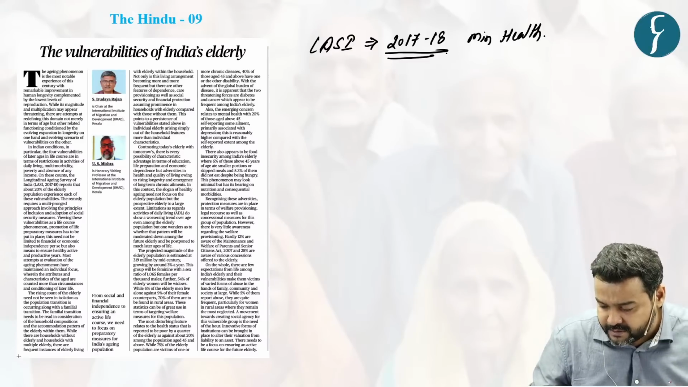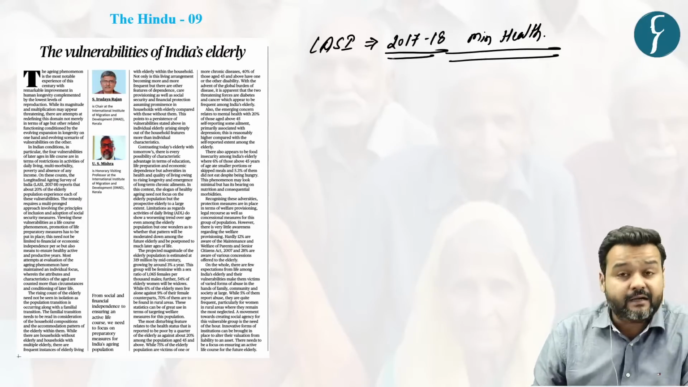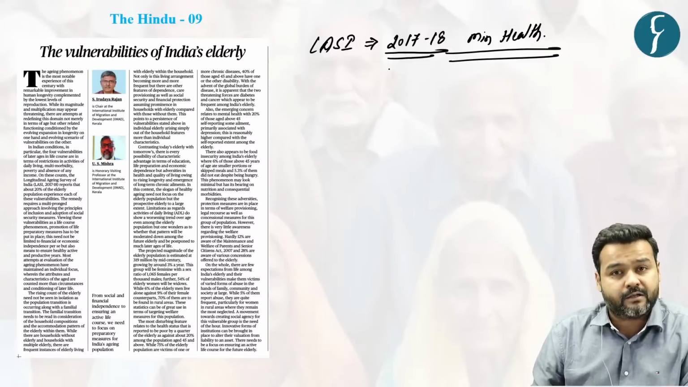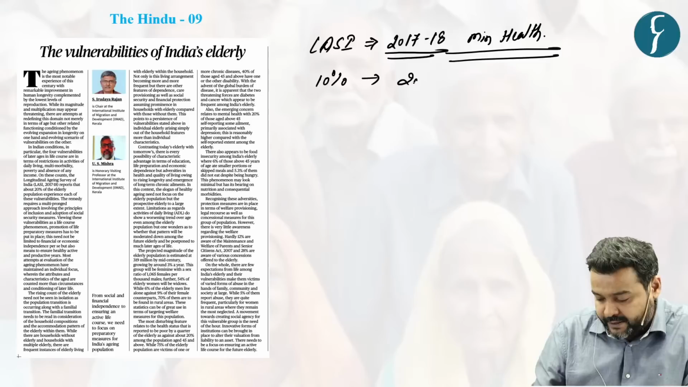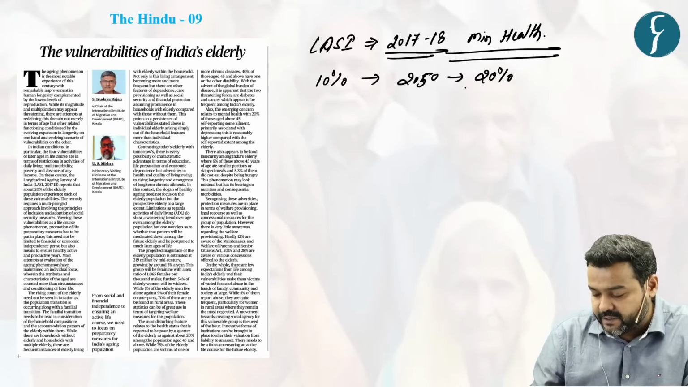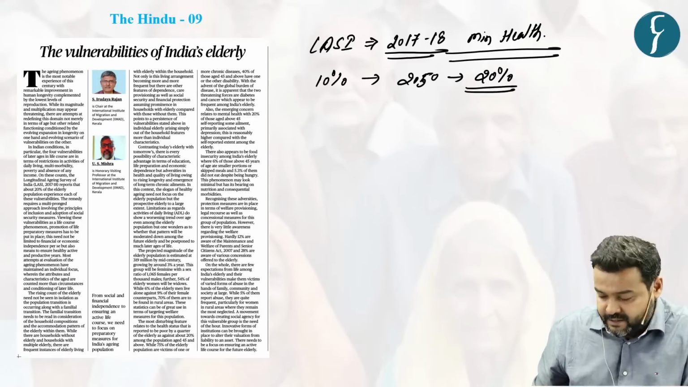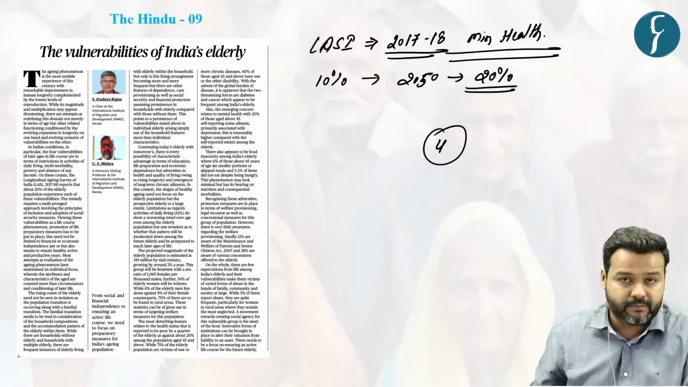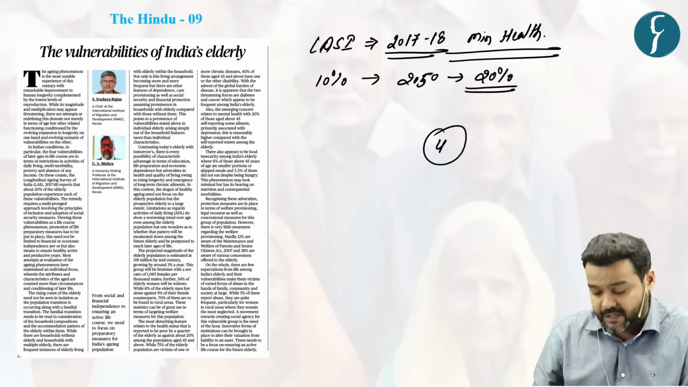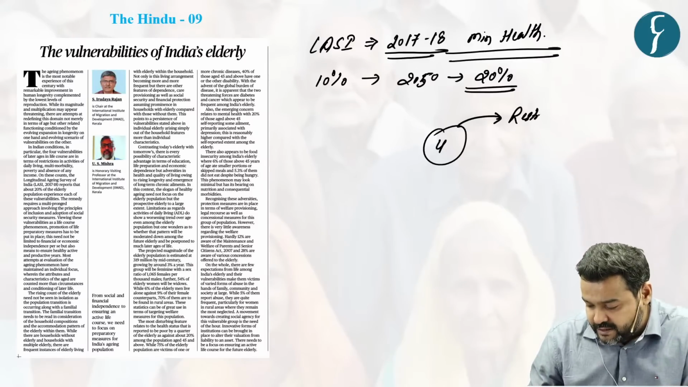Now, according to this report, at present, the population of India's elderly, that is people who are more than 60 years of age, stands at 10%. But by 2050, projections suggest that it is going to be 20% of the population. Now, according to authors, there are 4 key pillars of the vulnerabilities that are faced by the elderly population in India. The first is the basic one, that is restrictions